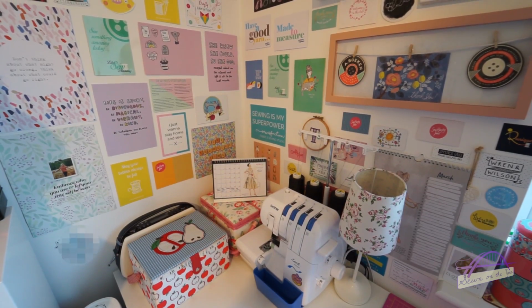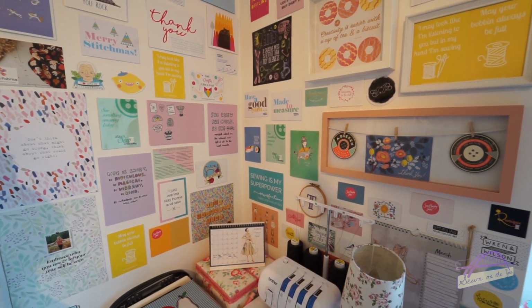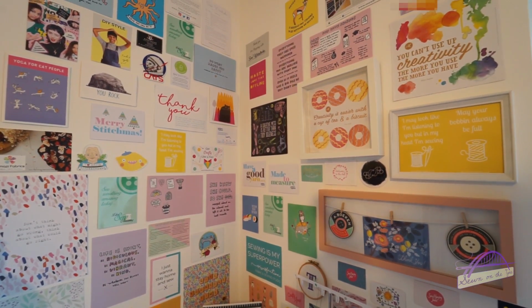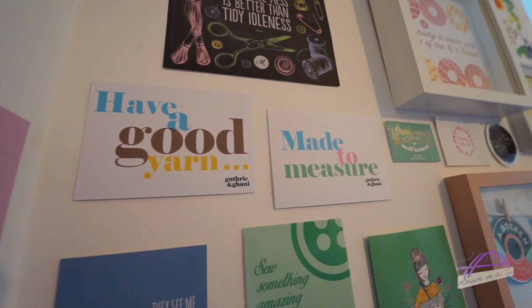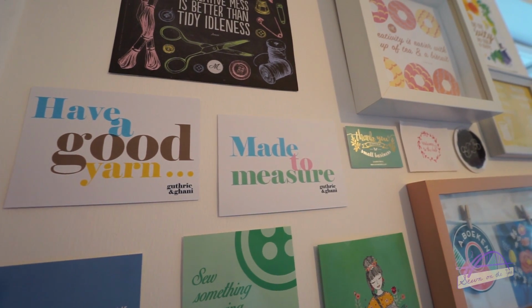So moving round, you will see my amazing wall of, or 2 walls, of prints and postcards and thank you notes and business cards. And this is where I stick anything that kind of inspires me or looks lovely. So you'll see lots of things like cards that come from fabric companies when I order from them, or things like Crafty Pinup when I ordered the pins from her, Foxglove and Field for the pattern weights,